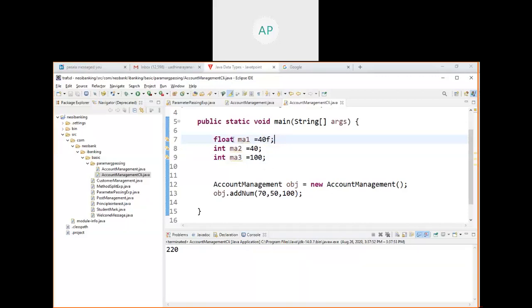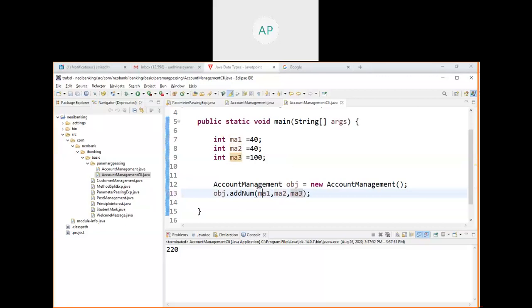Okay. So now if you want to pass all these three values, then you can do MA1, MA2, MA3, 40, 40, 180.